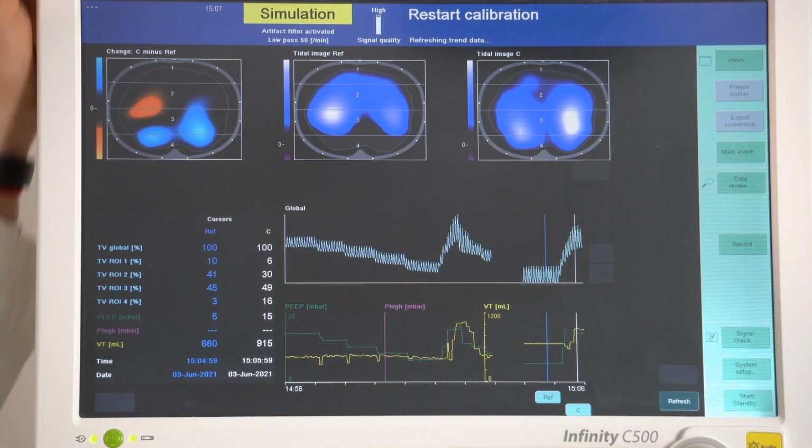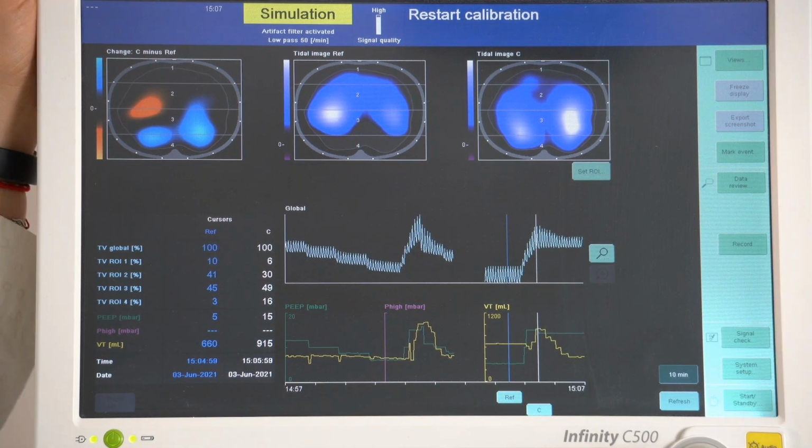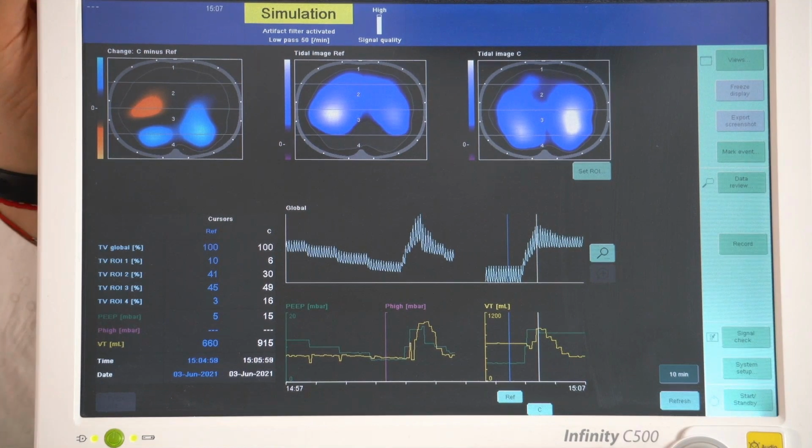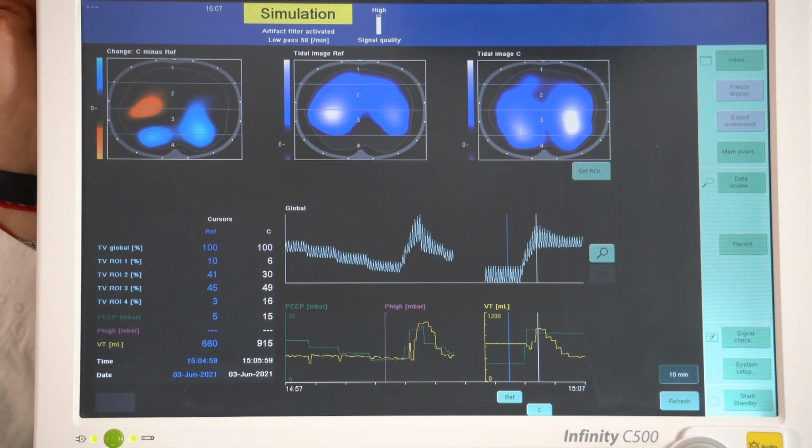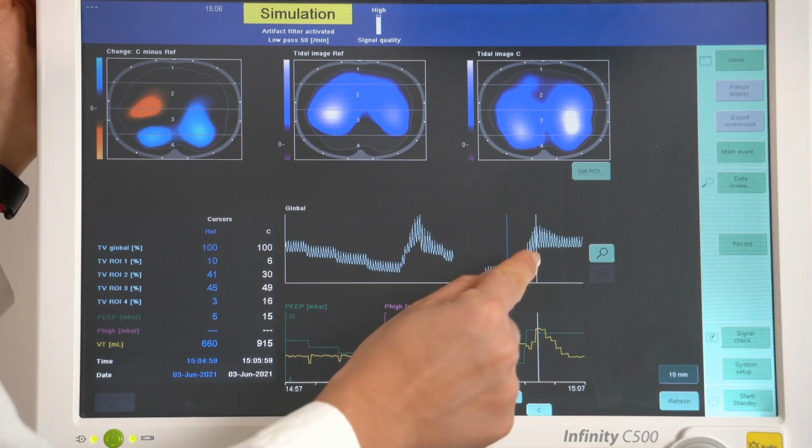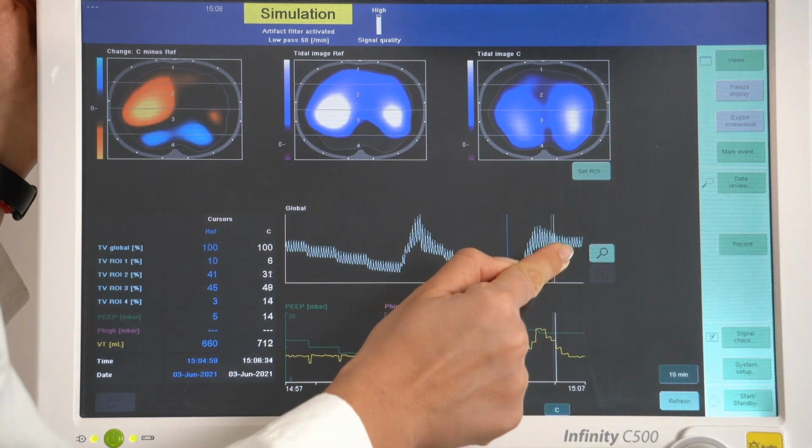Now what we have done is performed a recruitment maneuver. Here we don't really provide a recommendation on which recruitment maneuver to use. You can use whichever recruitment maneuver you are feeling comfortable with. It can be either a 40/40, it can be an incremental PEEP, it can be a cycle, literally any of the recruitment techniques that you use. And we now evaluate the